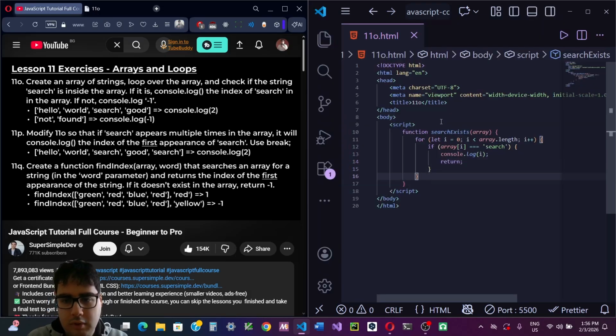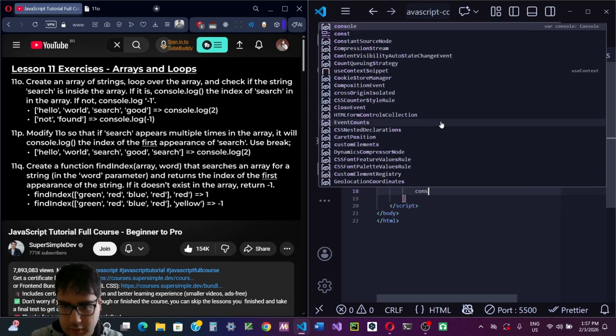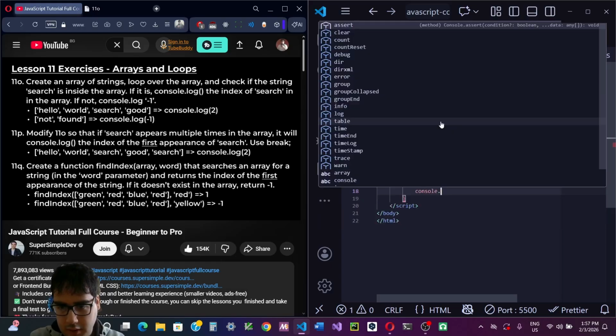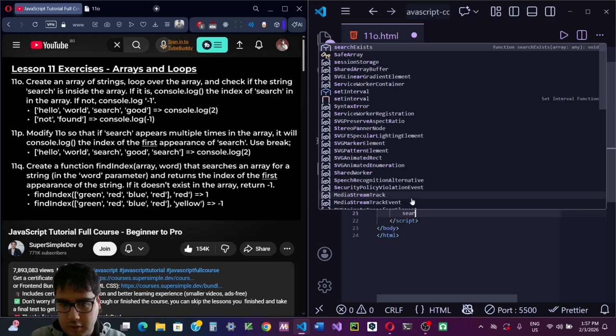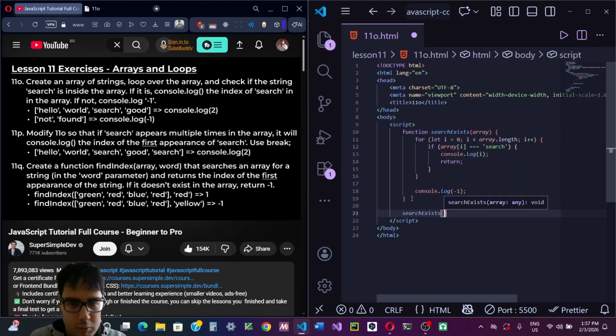This should work, right? Create an array of strings, loop over the array, and check if the string search is inside the array. If it is, console.log the index of search in the array. So if we get here, we're gonna console.log -1, and we're gonna call this search exists with